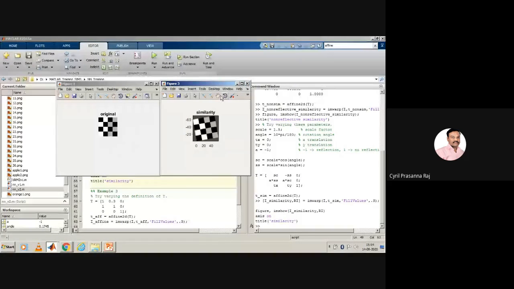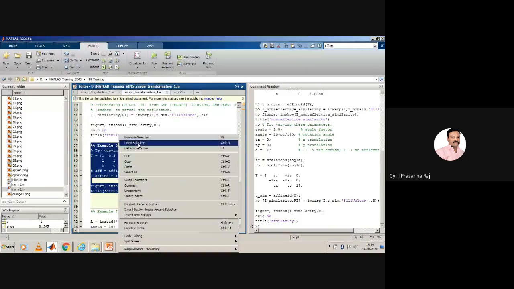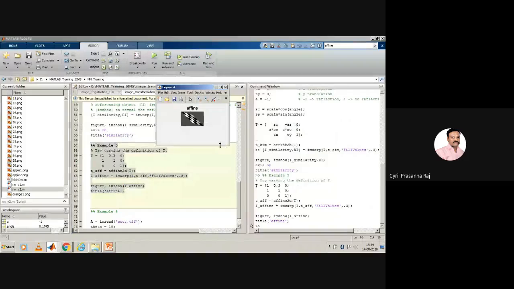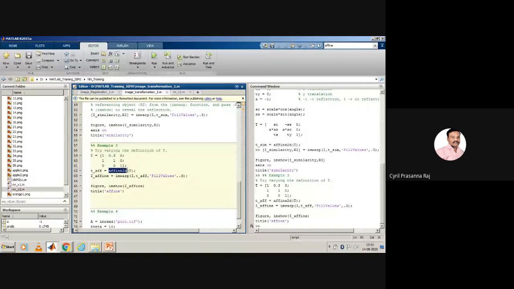Let us take one more example wherein we have defined t as 1.3 and so on. Let us see what happens to this. So here the scaling is also done, shearing is also done. So if you see, the image is actually sheared, in the sense it is compressed. So by using this function called affine transform and imwarp, you can do multiple transformations of a given image. You can rotate the image, you can translate the image, you can scale the image. You can do multiple activities, but you should use a function called affine2d and imwarp.